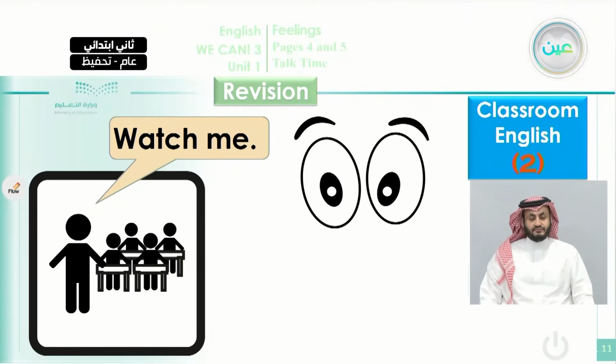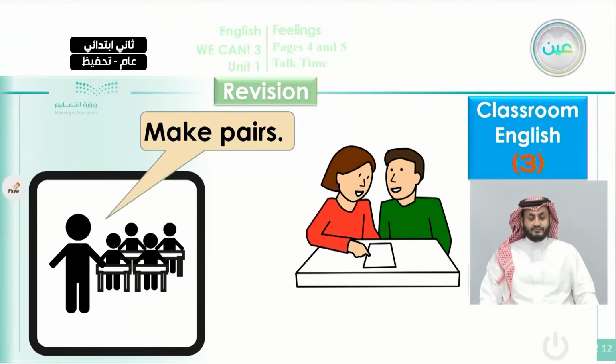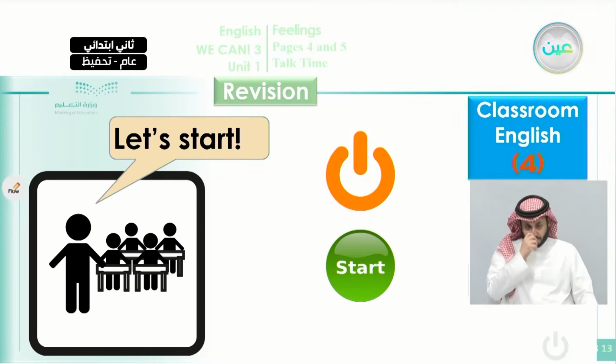Also, when the teacher says, watch me, what does he mean or what does she mean by saying that? That means you have to look at your teacher. So watch me means look at me. Make pairs. Some activities in the classroom are carried out by group work or pair work. Pair work means two students working together. So sometimes your teacher will instruct you, will direct you to work in pairs. So he will ask or she will ask, make pairs. Sometimes the teacher says, let's start. If there is an activity and the teacher is about to start, he will suggest to you, let's start. Okay, let's start.